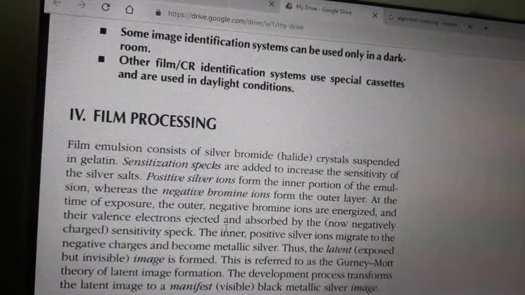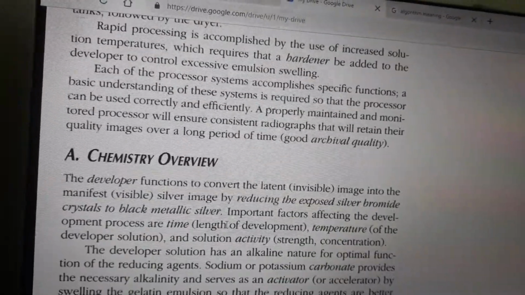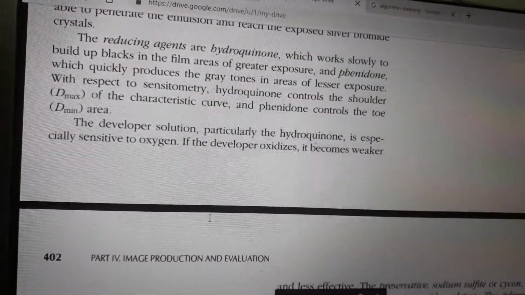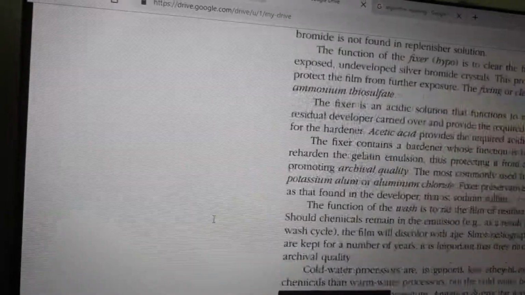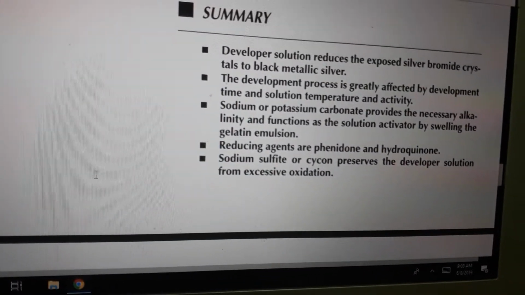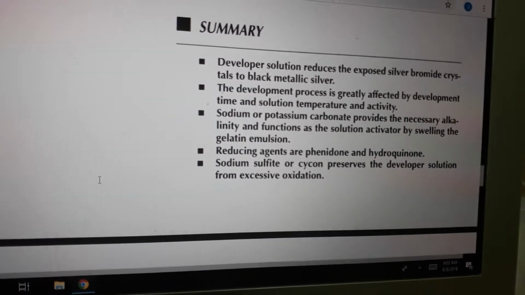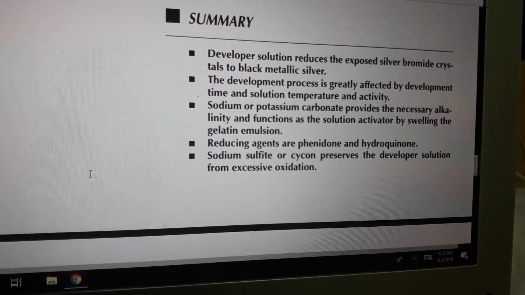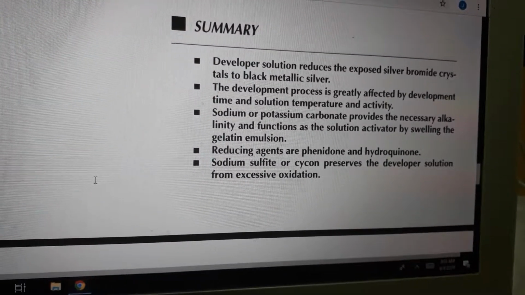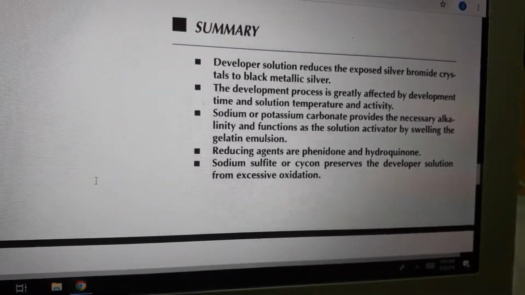Next, film processing. A. Chemical overview. Summary. Developer solutions reduce exposed silver bromide crystals to black metallic silver. The developing process is greatly affected by developer time,